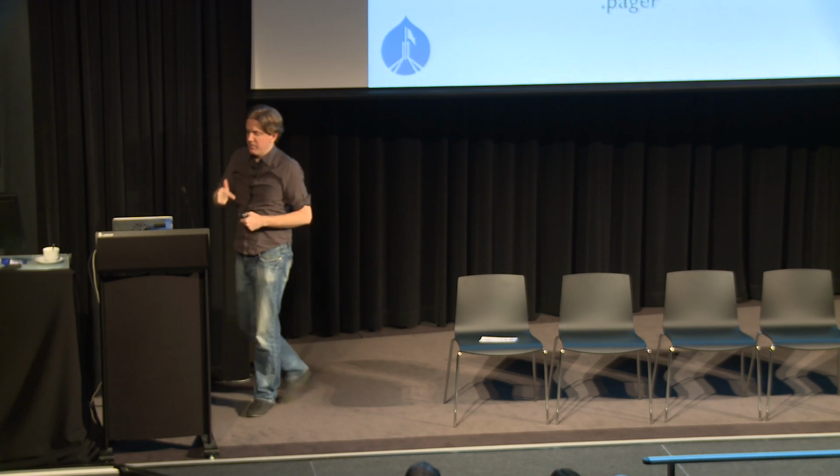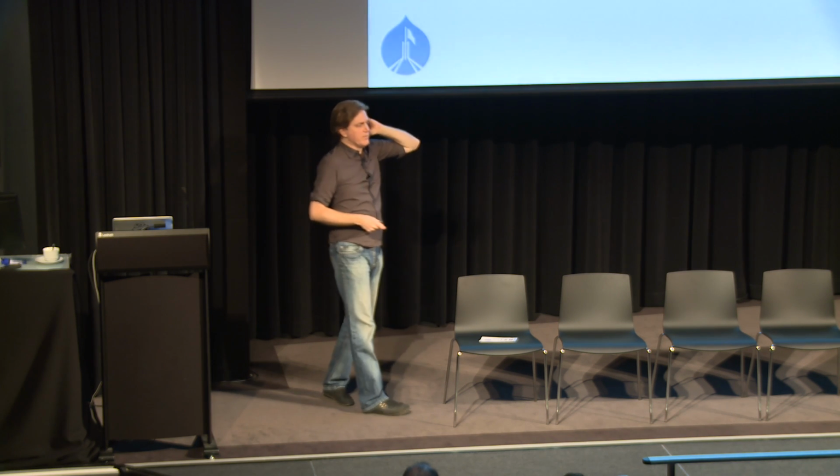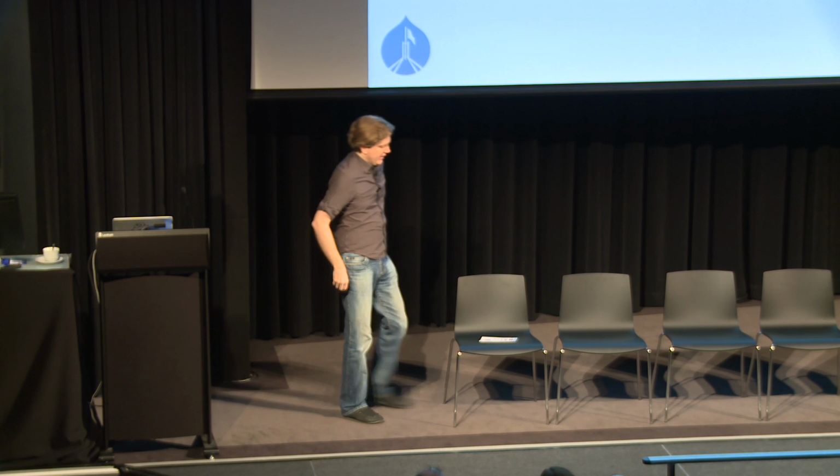So I've gone over basically how I fixed my problem with actually creating CSS. But that immediately brought me into, okay, how do I actually implement this on a project basis? And basically what I've discovered is what we should be moving towards is style guide-driven development. This KSS node is the project that we're actually using to implement the style guide on our projects. But style guide-driven development basically means that, and you can use this approach if you have waterfall or if you